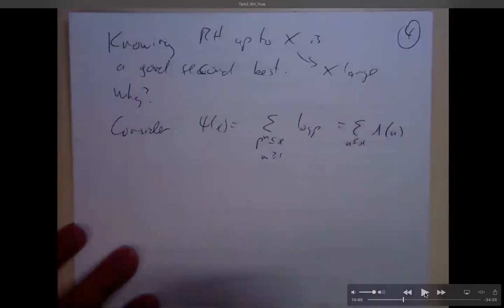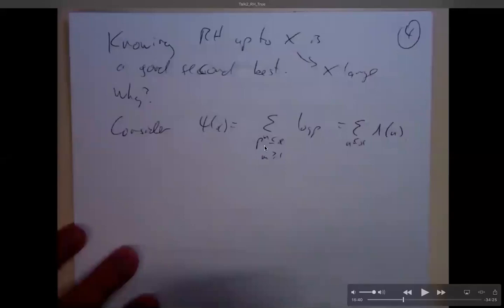I keep telling you that it's important somehow to connect the Riemann zeta function and primes. Well, how do you do that? Well, this is one of the Chebyshev functions. This is psi of x. It's a double sum. It's a sum over prime powers p to the m up to x. So the way that certainly I interpret this is when m is 1, it's a sum for p up to x, and I'm counting log p.